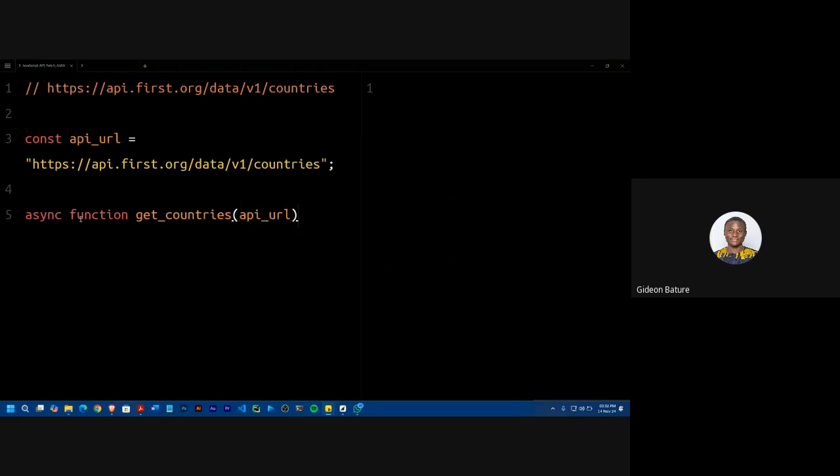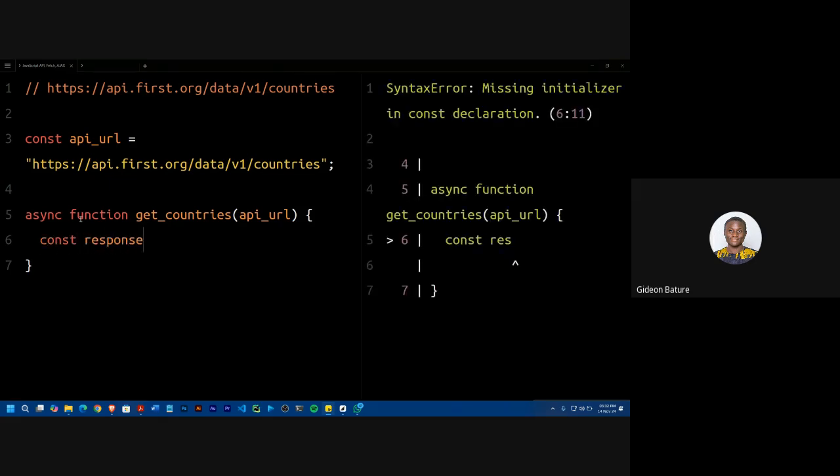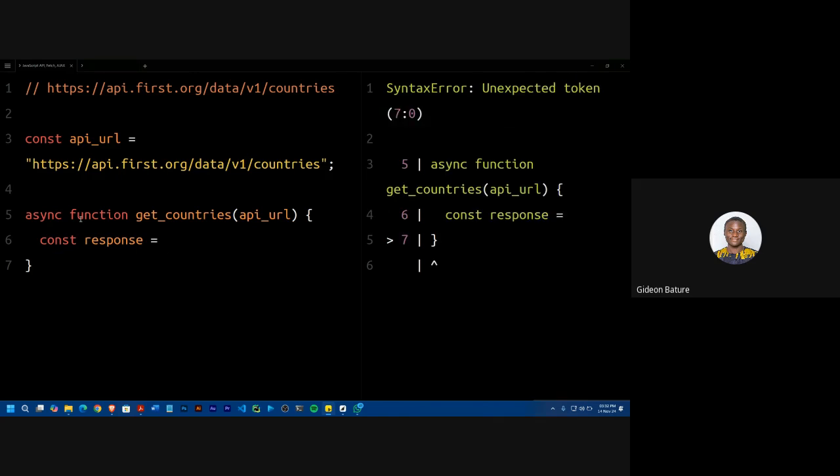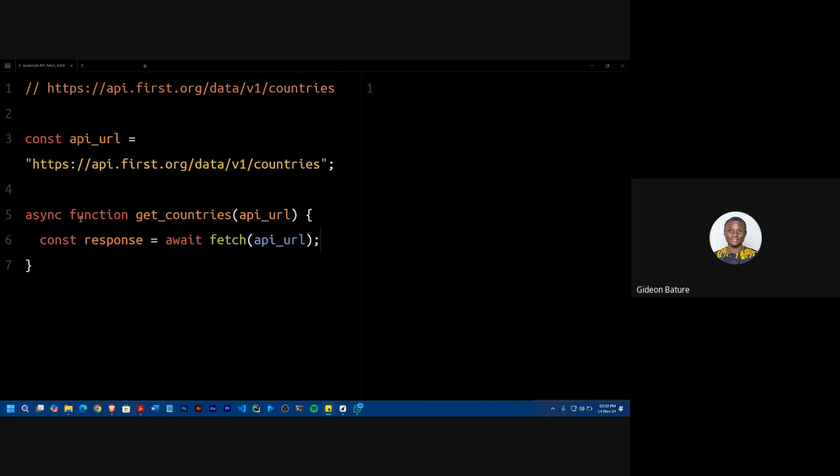All right. Now, of course, since we are dealing with an API here, we need to make use of fetch. And since we are using fetch, we need a response from fetch. Since fetch returns a promise, we need to await it, because it's only a method, a function, or anything returning a promise that you can await. So we await fetch, and then we pass in our URL endpoint. Now this response, if we console.log it,